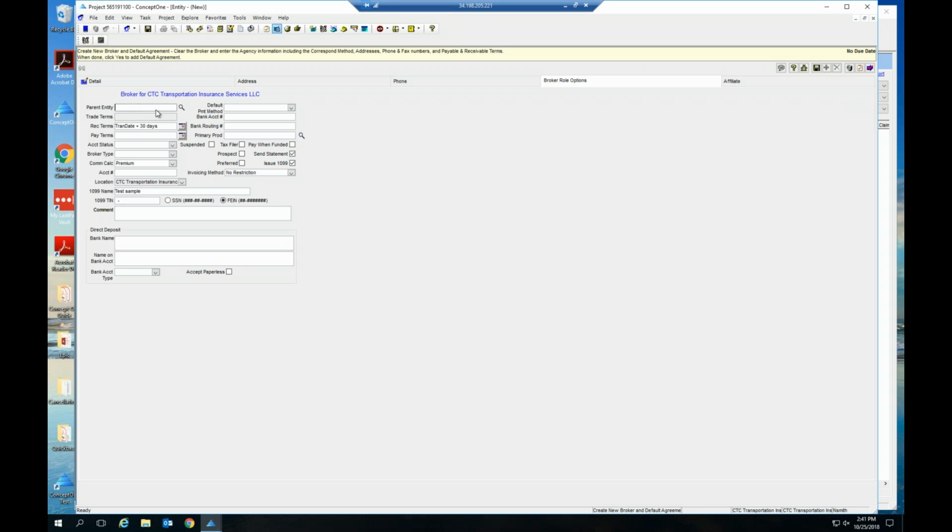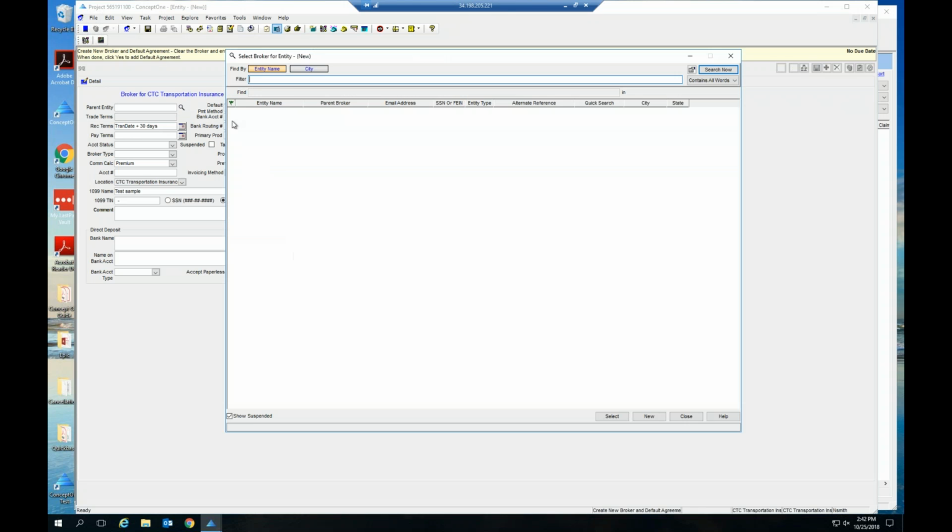So when there is an agency like AccuSure that has multiple locations, you're going to want to create just your one base. If they have a home office or the base office, that will be your first entity that you add in. And then all of your additional ones, say they have one in Florida, and it's the home office, and then they have one in Pennsylvania. Well, when you go to add Pennsylvania in, the broker in Pennsylvania, they're going to, with the same name, AccuSure or whatever, you're going to want to put,